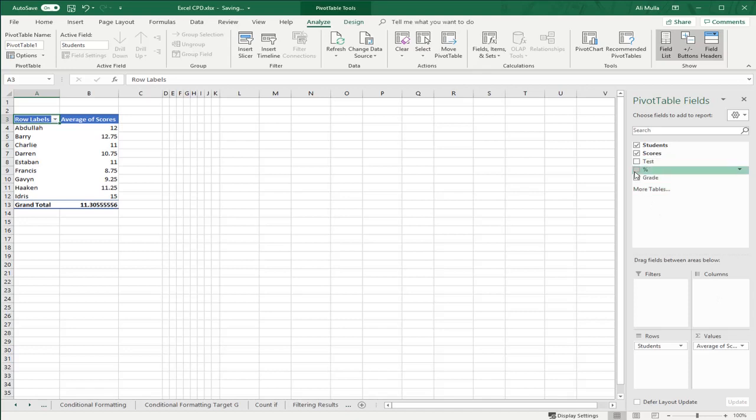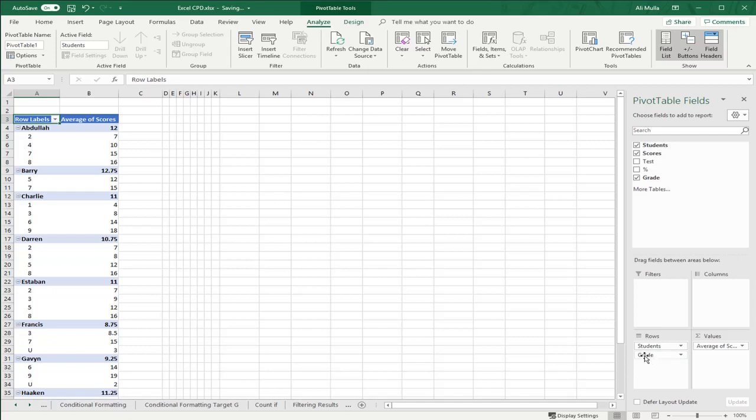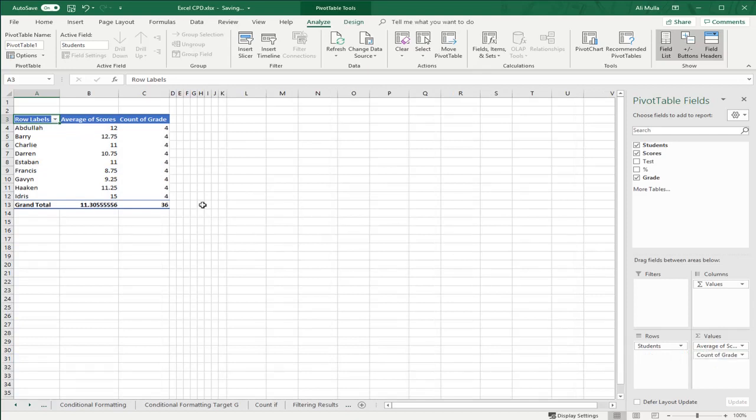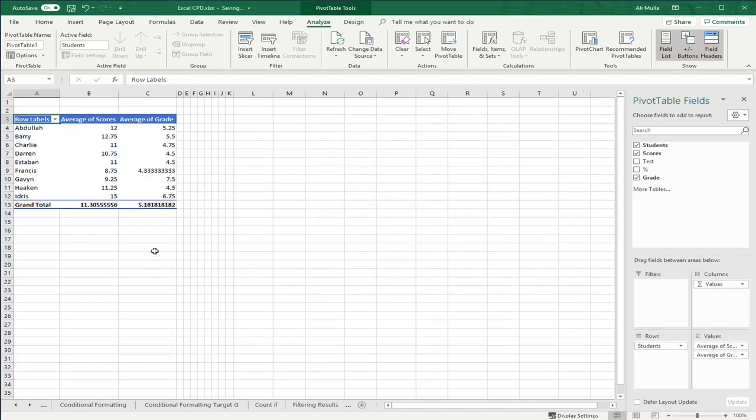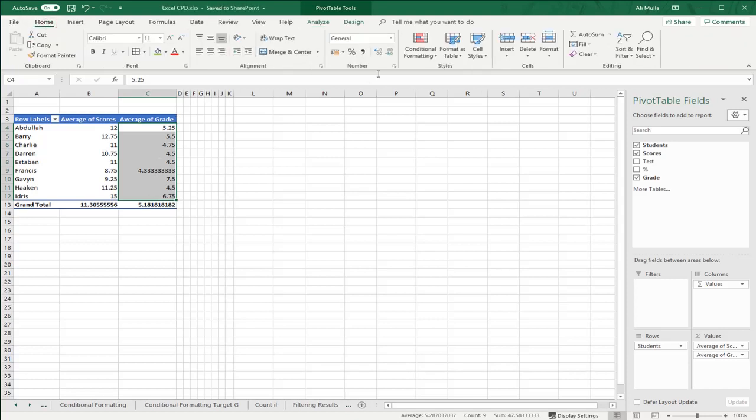And I want the same for the grade. Oops, and again, let's put that in rows. So we want to move that from rows to values, and it's giving me a count, so I'm going to change that to an average as well. So now I know, and if I could just highlight that, and let's remove all those decimal places. There we are. So average grade for this student is, let's say, 5.3, average score is a 12,